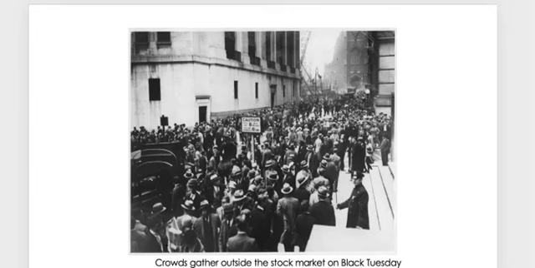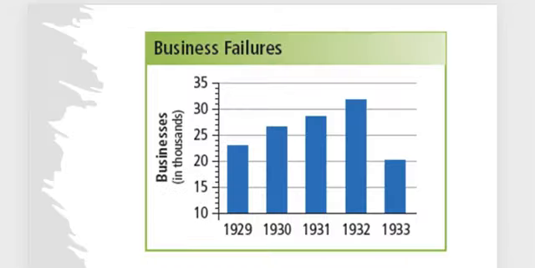For example, what I have here is crowds outside of the stock market exchange on Black Tuesday. But with that, we can also see that they are going to start running on the banks. They're going to storm those to try and get their money back as well. Some other things that take place very quickly after the start of the Depression: business failures will soar. Up here I have a chart that shows you what business failures in the United States looked like